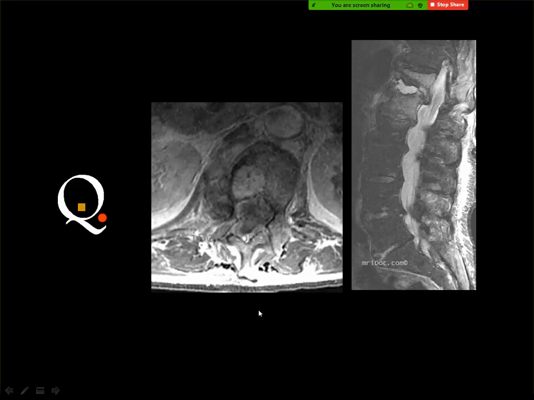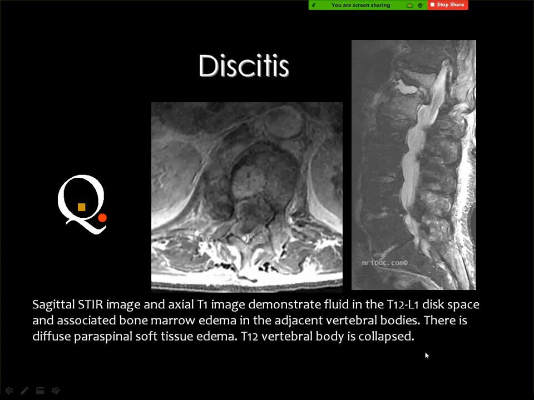Spinal canal stenosis. Discitis. Discitis also. D12 on L1. Yes, and this is spondylodiscitis. Which fracture, Doctor? No, here D12. This is D12 and